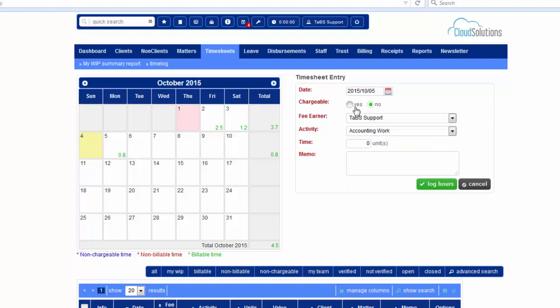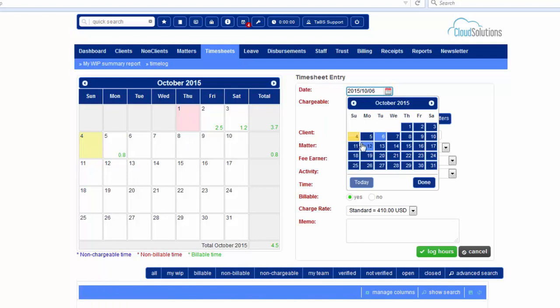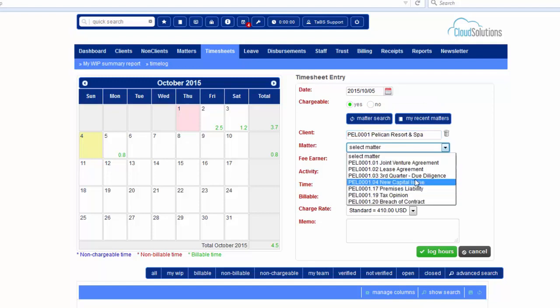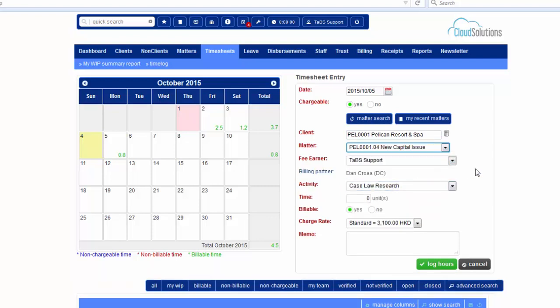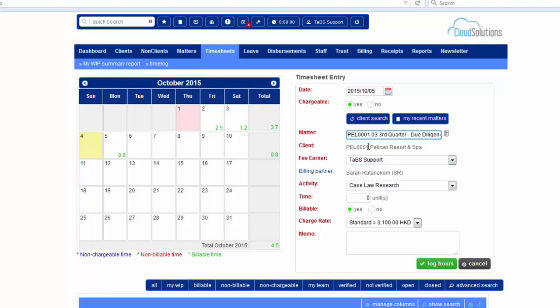So we'll go back to make this chargeable. Okay, I'll just select the 5th again. Here we would type in the client name, and then we would select the client, and then we have a list of matters that are available. Now conversely, if we knew the matter code, I can simply click here and it would allow me to select the matter codes, and I need not select the client first. So if I know what the matter code is, I can just enter that